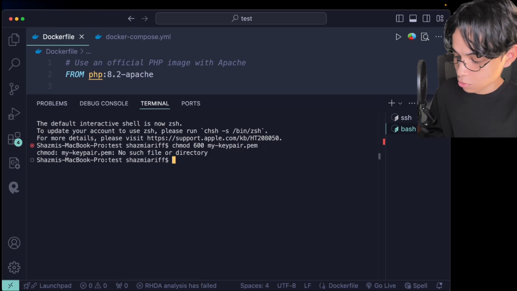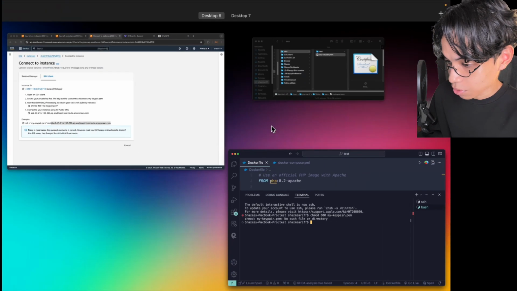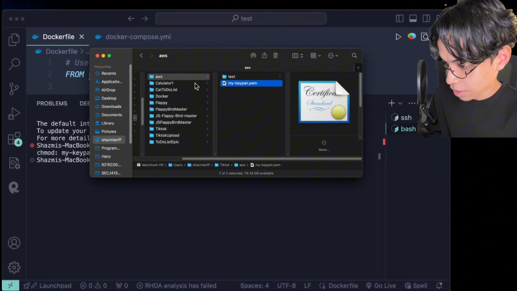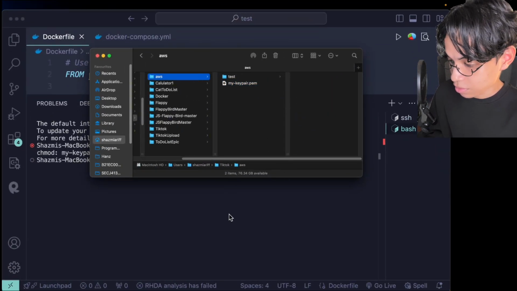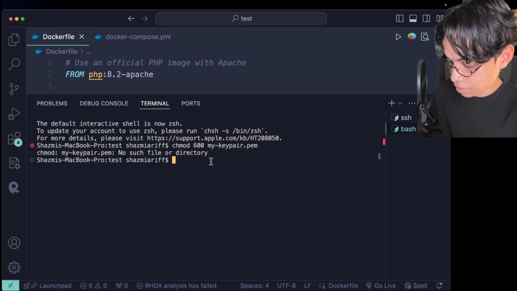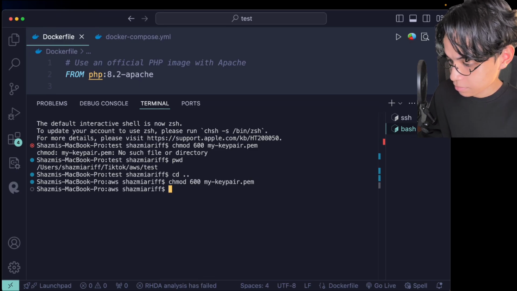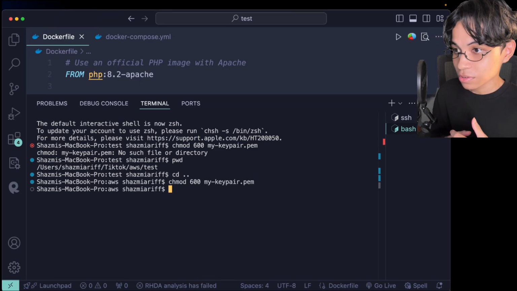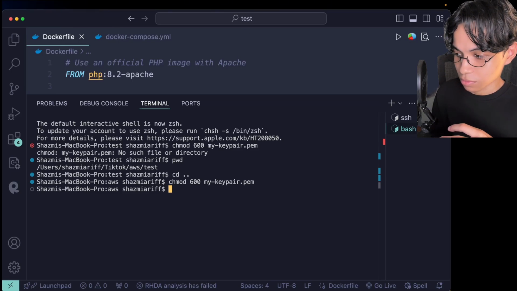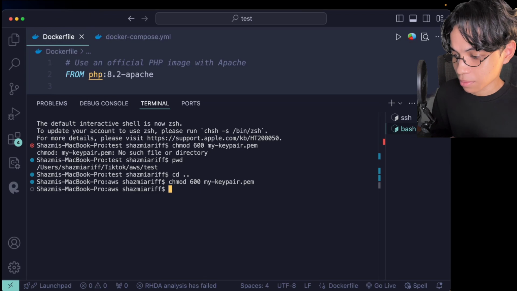Alright, so make sure wherever you put your PEM file is under the correct directory. So currently it's not under the correct directory, if we can see from pwd. So I'm just going to go back one directory and run it again, and there you go. So now we're going to securely transfer and synchronize the content of our local directory from our web app Laravel